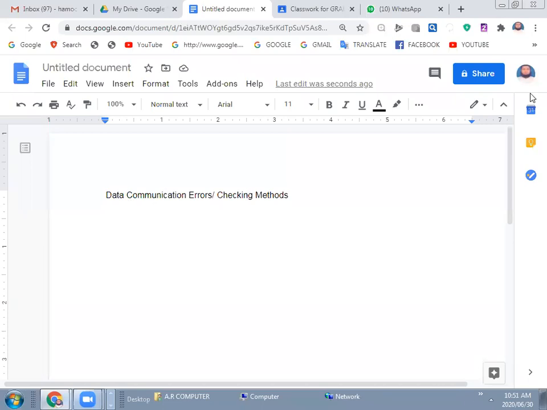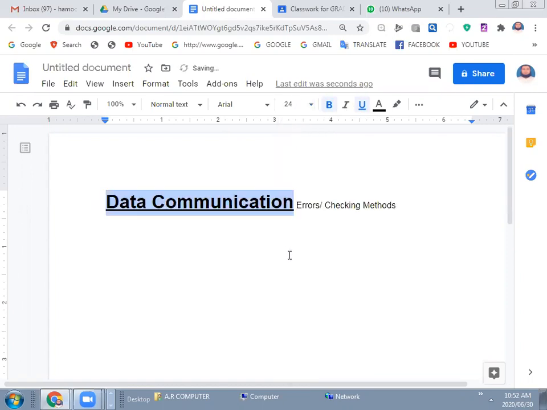Now, see this. The way you can do formatting in Microsoft Word, for example, I want to make "data communication" bold, italic. I want to increase the font. I can do it. I want to change the color, I can do it, like text color. I can do nearly all the things you can do with Microsoft Word in Google Docs. But remember, this is not a Microsoft application. This is a Google application, and this application is Google Docs.